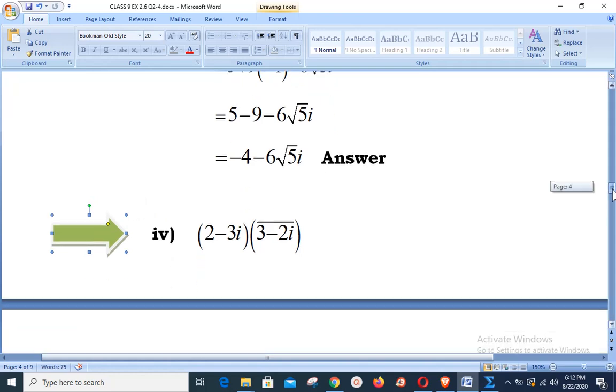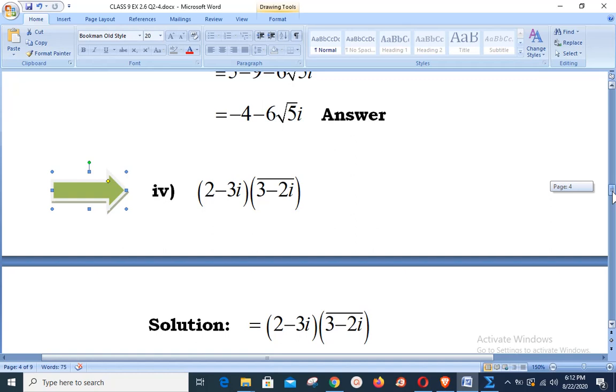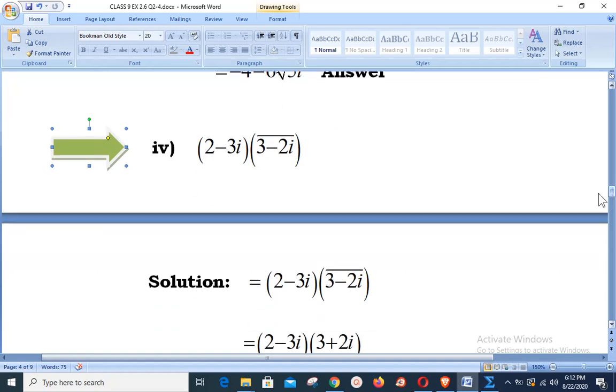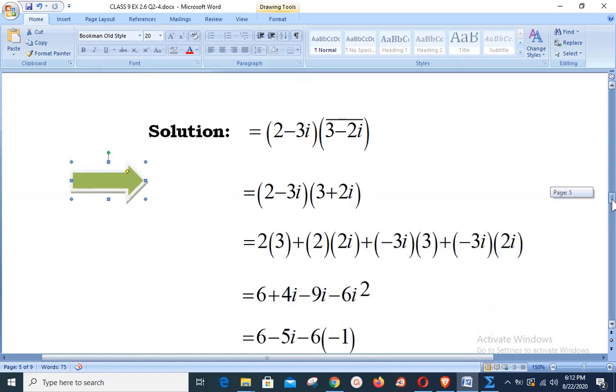Dear students, here the bar means it is showing your conjugate. We utilize in this topic the bar like you studied in grade 6, grade 7 algebra questions. Here in case of complex number, when bar is utilized at the top, it means conjugate you have to take. What is the conjugate? Very simple. The imaginary part sign you need to change whenever there is the sign of conjugate, that is the bar sign, as you are already familiar.